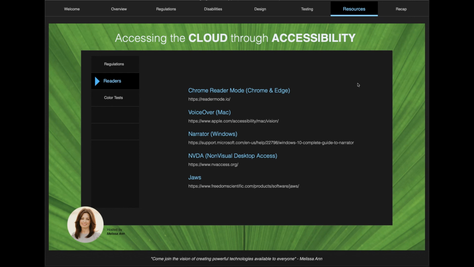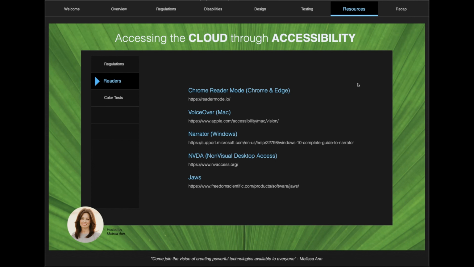The last two are the NVDA and the JAWS, and those are the two readers that have been around the longest. The NVDA, I believe, is at no cost to a visually impaired or somebody that needs accessibility assistance, but the JAWS is quite spendy. It always has been, and based on conversations that I have had with individuals that are actually blind and are on the boards of the blind community and so forth, the JAWS has always been difficult for them, and it seems that